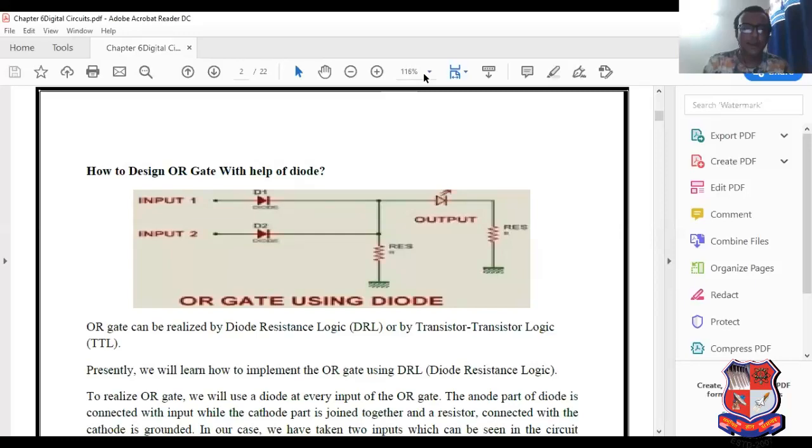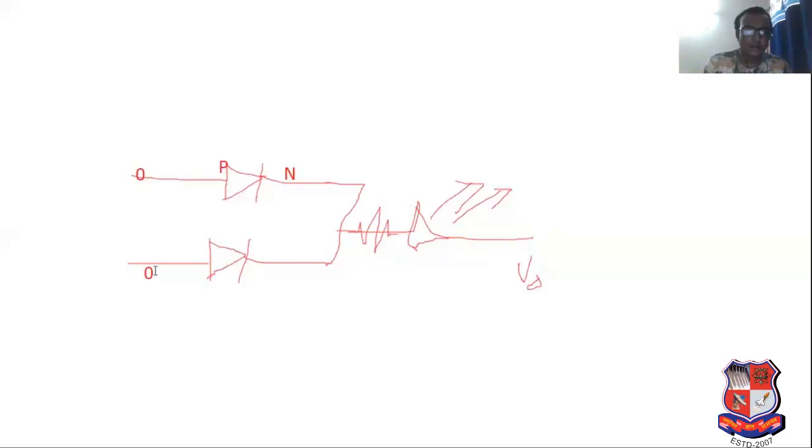Now we apply the 1 input here, and here we apply 0 input. Consider the second case. Due to this 1, 1 means high voltage, I have written here 1 equal to high voltage. So due to the presence of high voltage, we get sufficient voltage, so glowing the LED is possible here. We get the maximum voltage here, so output is 1. In the first case output is 0, in the second case output is 1, and the third case output is also 1.